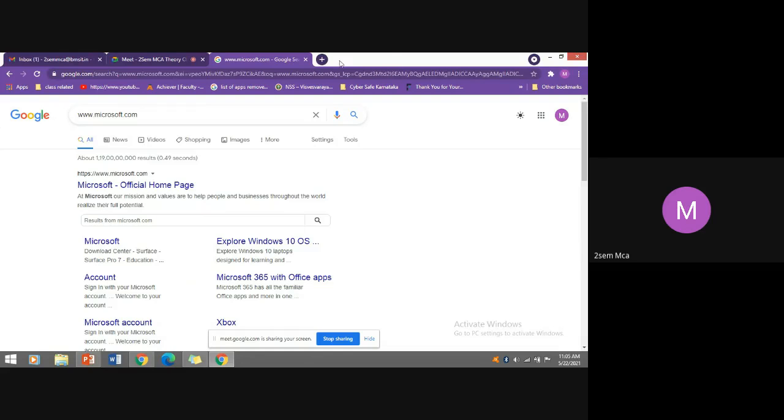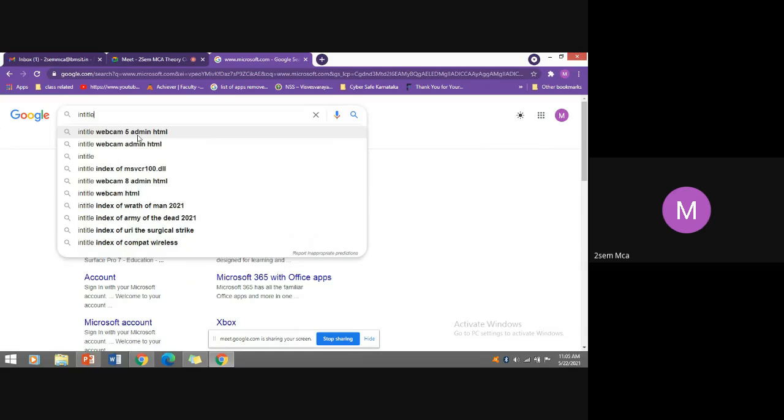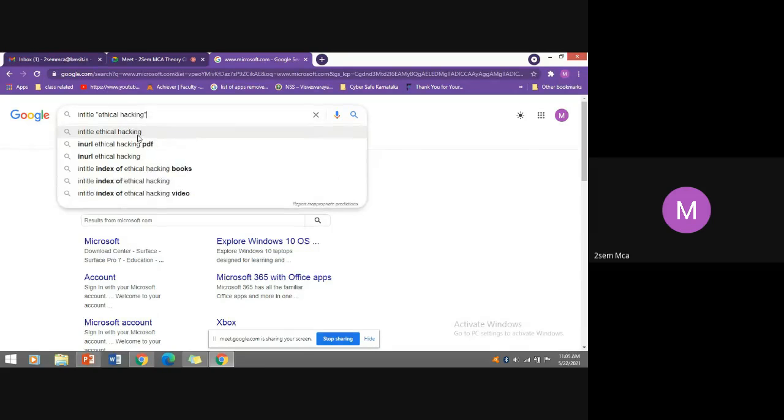So the second basic operator of Google search is in title. Suppose you want to know about ethical hacking. In the web pages which have the ethical hacking word or statement, all those are going to be searched.